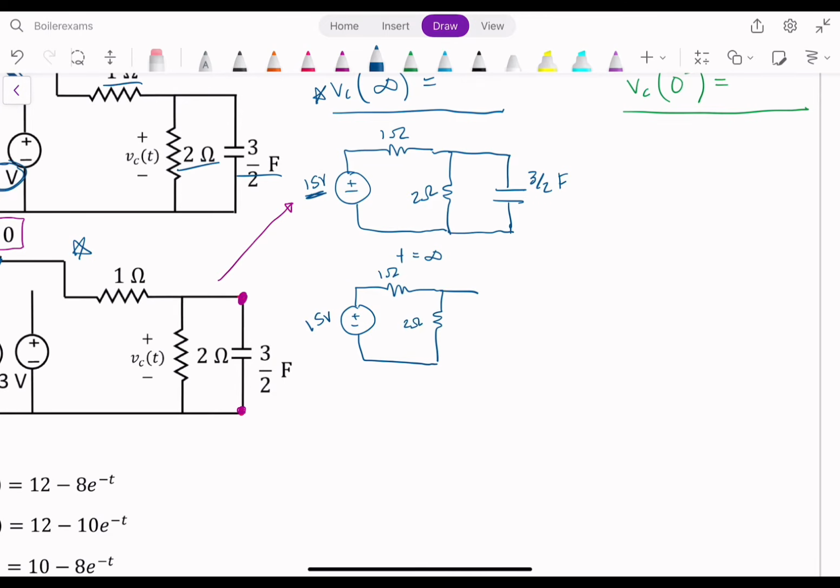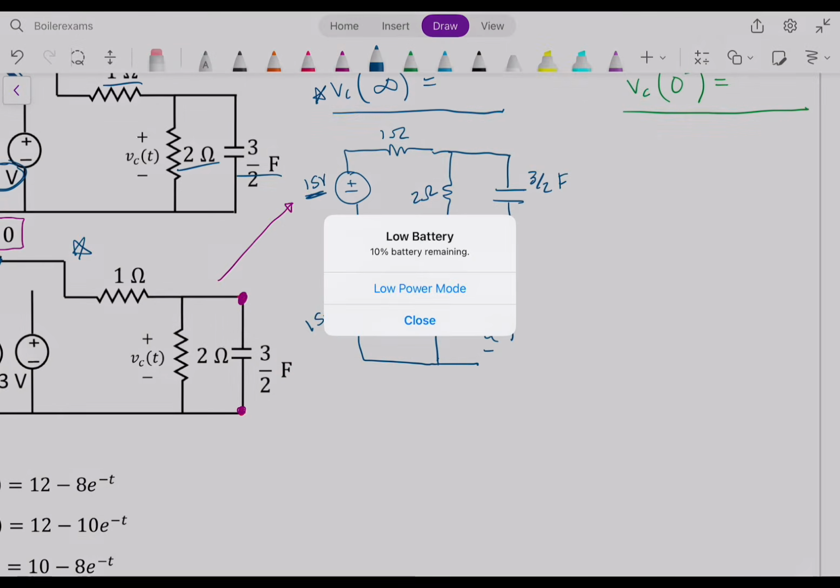And then this capacitor, because it is fully charged, is now just an open circuit. And that is what V sub c of infinity is. And so with that, in order to now find V sub c of infinity, all that we need to do,